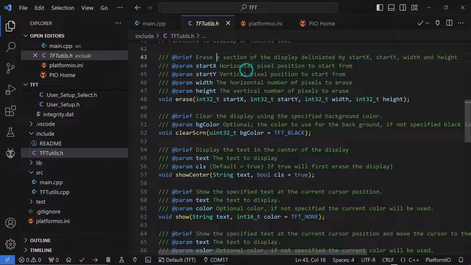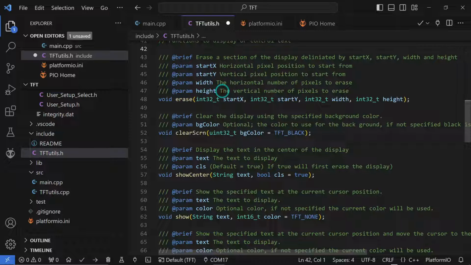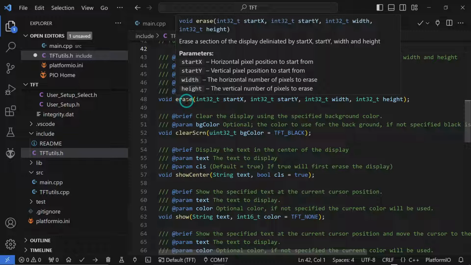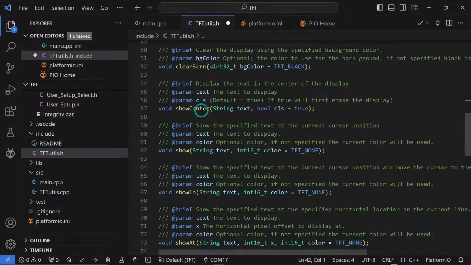That should be A. Erase a section of the display. Typo. We can fix that. Now it'll say the correct thing. Okay. So I created some functions over here that take parameters and that hide the actual